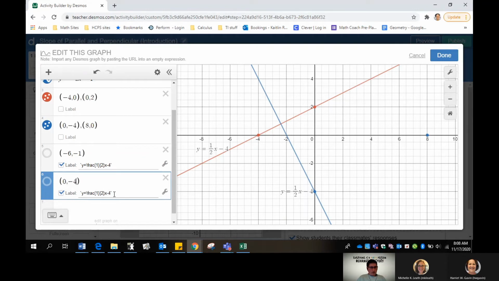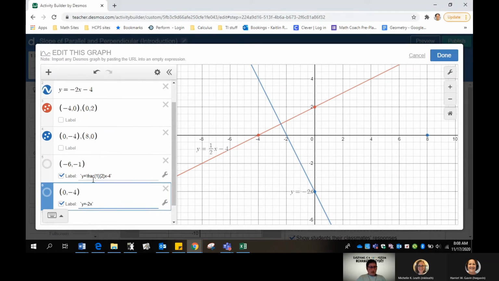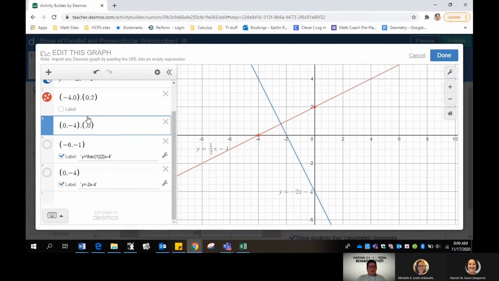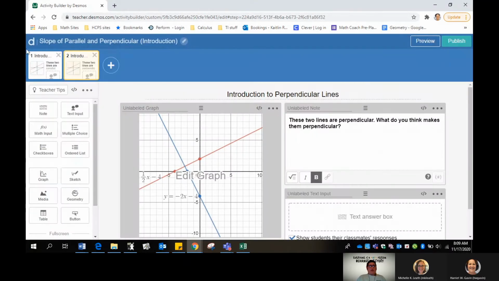And that was -2x -4. And then that point (8, 0) needs to become the point (-2, 0). All right, so now